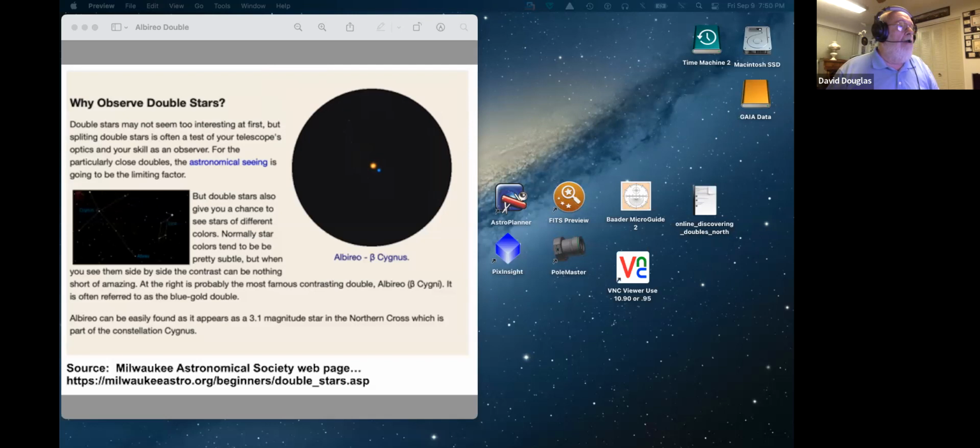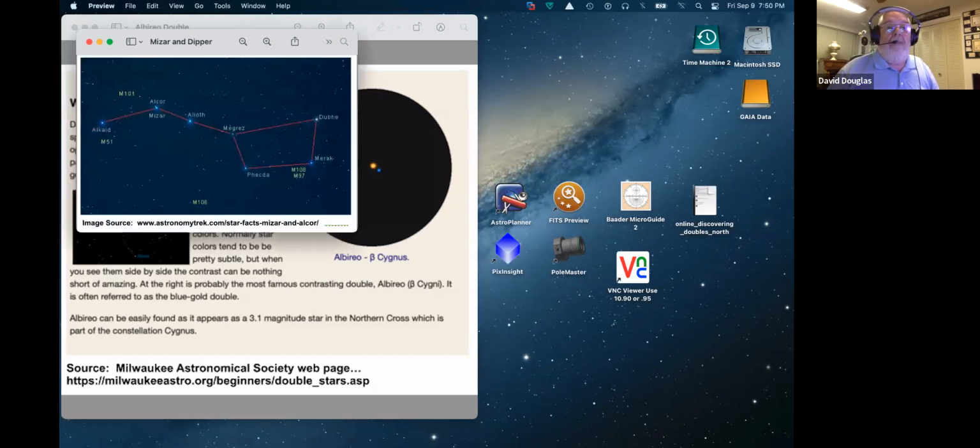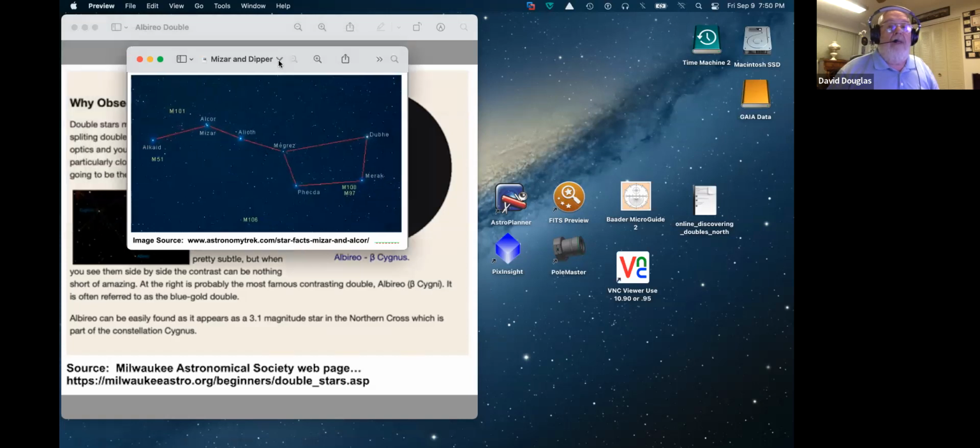Anyway, Albireo came to the rescue as some of the early things that I would do with that. That was my first introduction to a double star. The kids loved it. Now, I said there were two doubles. Another double